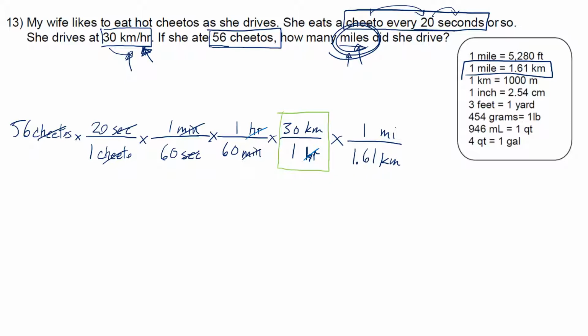So I will multiply by 20, divide by 60. So if it's on top, you multiply. If it's on the bottom, you divide. Multiply by 20, divide by 60, divide again by 60, multiply it by 30, and then divide by 1.61. If you do all that, you should have gotten